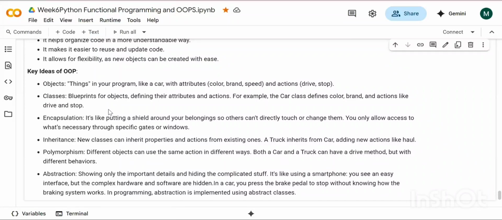Class is a blueprint. Class is like the home in which you are going to design whatever object you want. It's the operation you are going to apply on it.